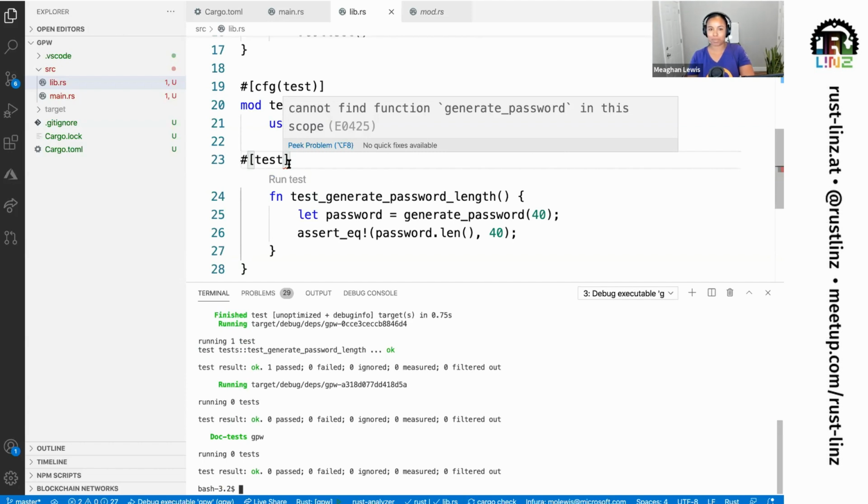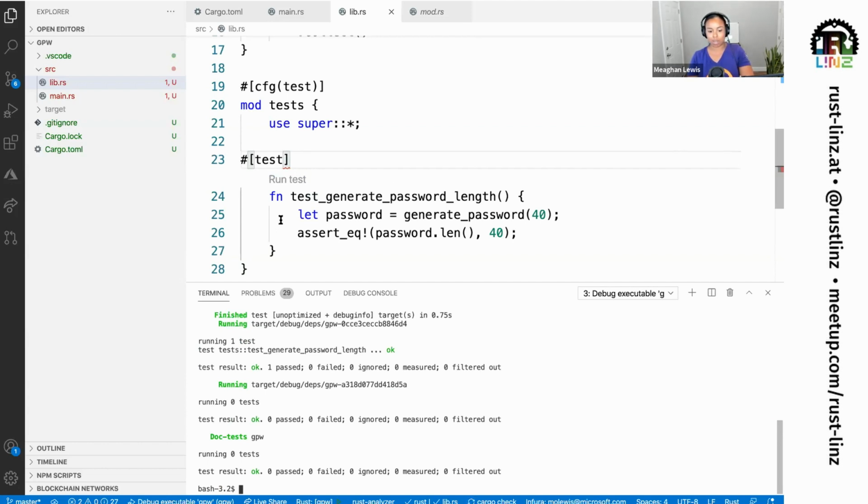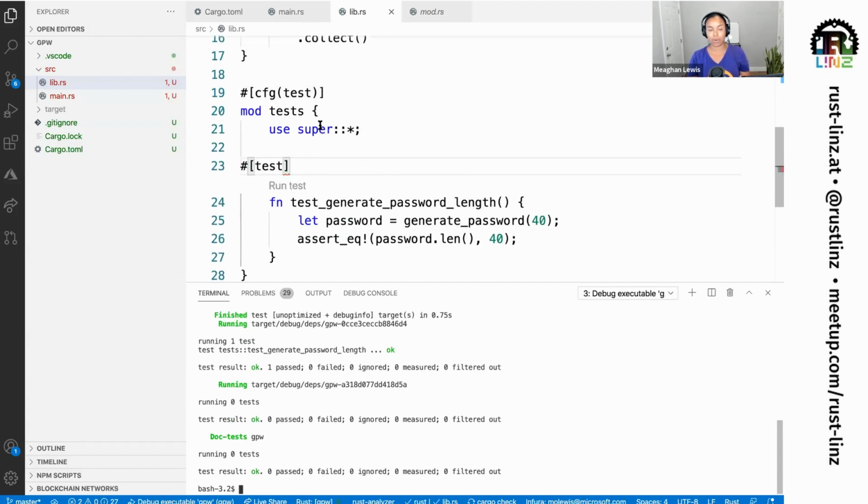So that is something to keep in mind if you are using VS Code. It's always helpful to use a combination of Rust Analyzer helping you out, as well as the terminal and using cargo directly to run your testing programs. So that is a quick example of a unit test. And I think I'm going to have time to show an integration test after this.